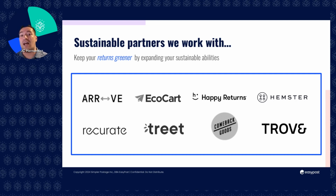Our approach aligns with consumer expectations. Remember how I said earlier, a staggering 73% of shoppers review retailers' return policies to gauge their commitment to sustainability. And 88% of them are more likely to shop again if eco-friendly return options are available. This is a clear indication that sustainable return processes are not only good for the environment, but also enhance customer